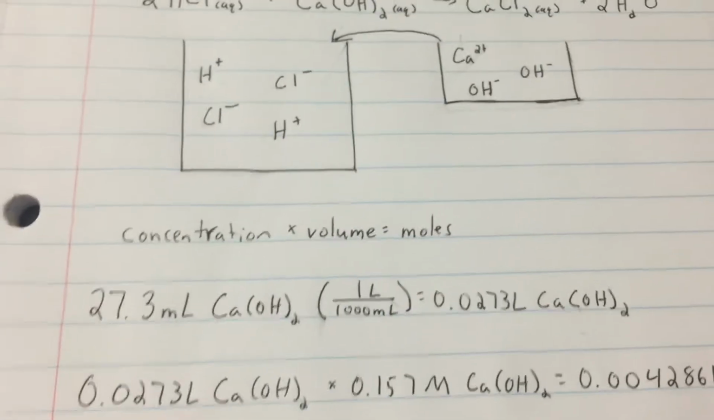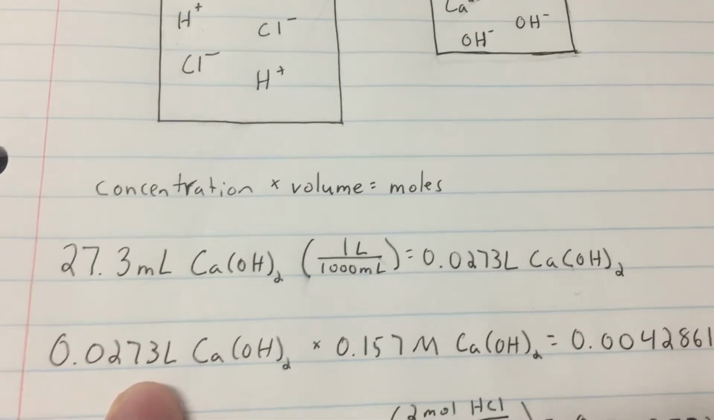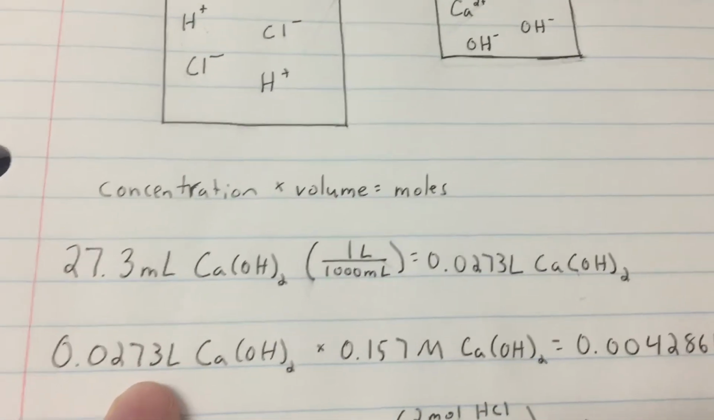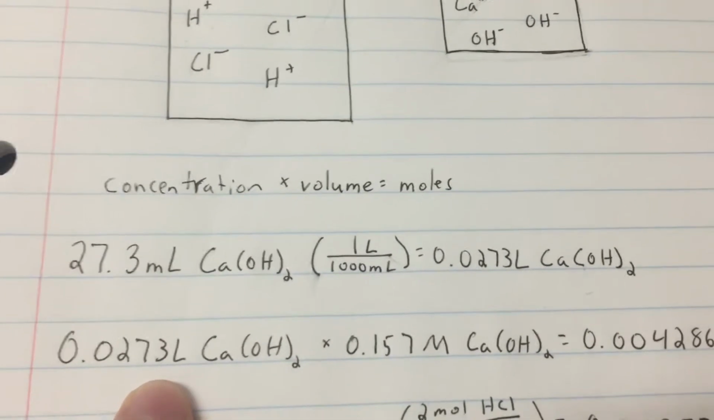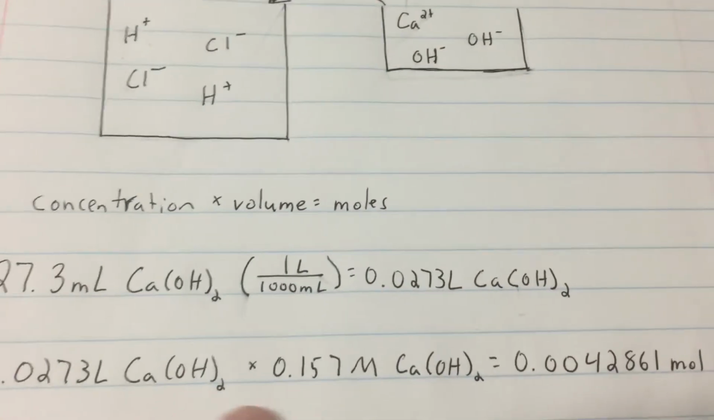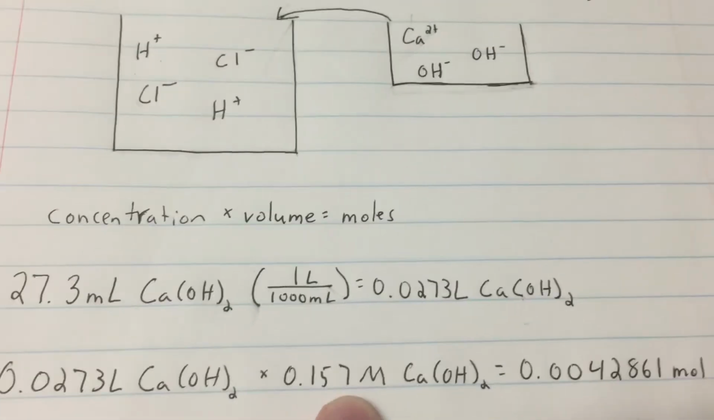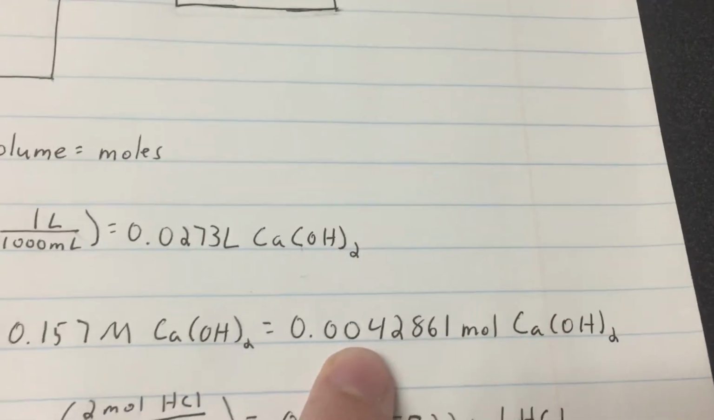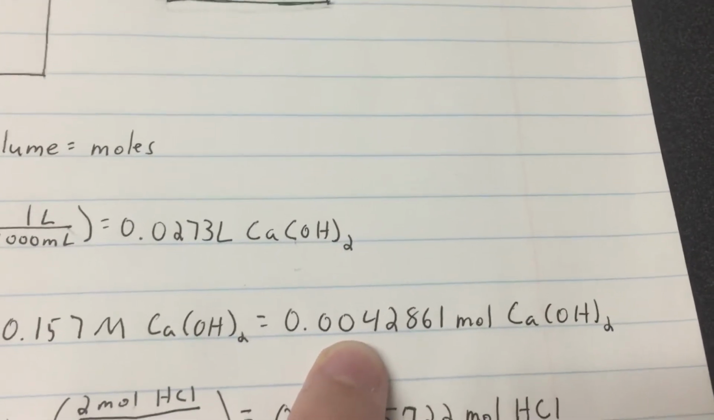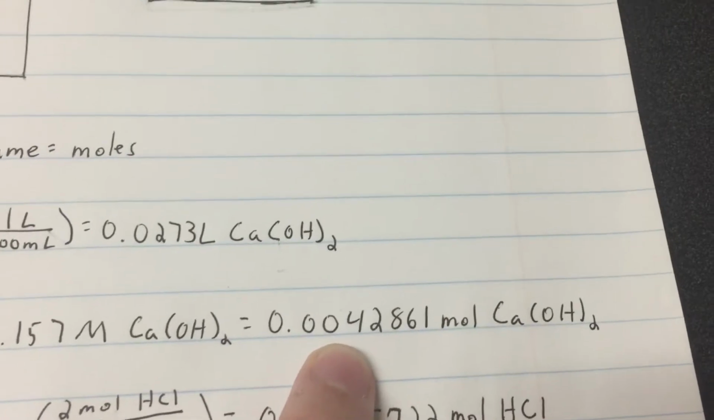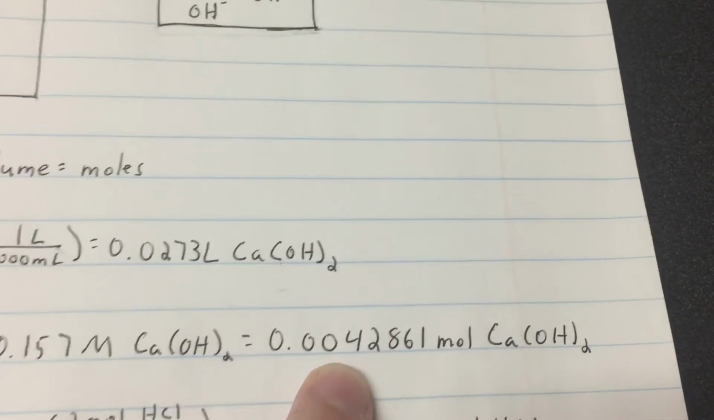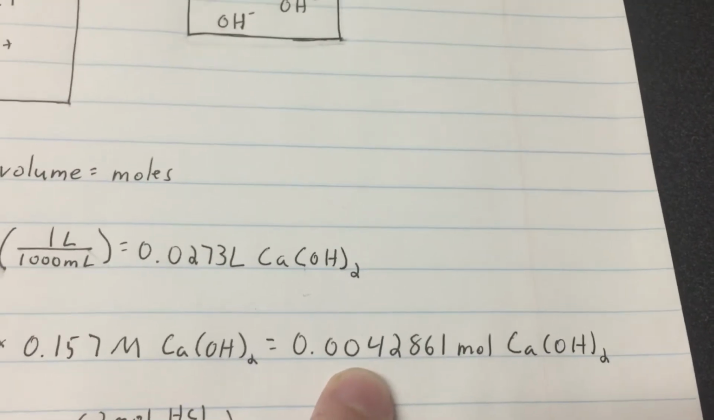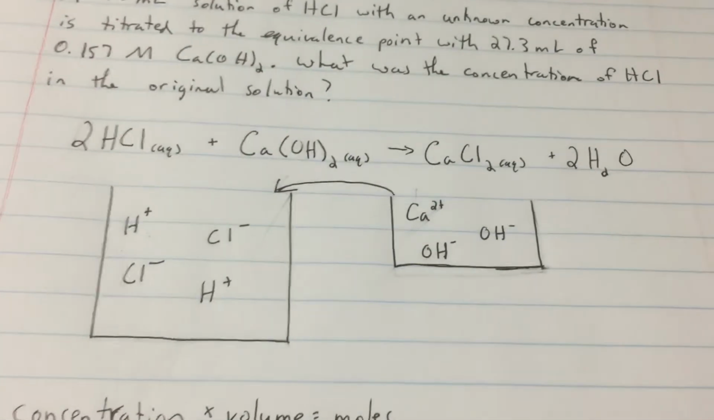Now, to find the moles of calcium hydroxide, we take this amount of liters, 0.0273, times the concentration given of 0.157, and we get the moles, 0.0042861. So now with the moles of calcium hydroxide, we can use the mole ratio found in the above equation